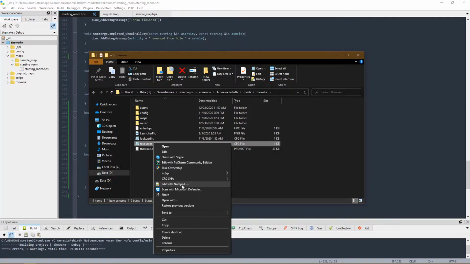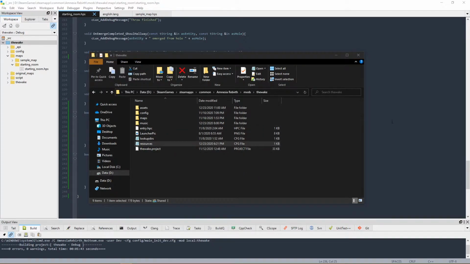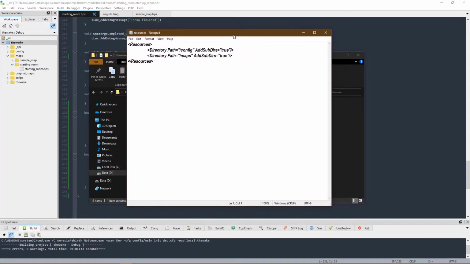Or if you have another editor like Notepad++, you could come in here and edit that as well. So I'm going to go ahead and just open it with Notepad. So this is what it looks like here. You could also probably open this in your editor over here as well, although we rarely have to really edit anything here, so I don't think it's really necessary to have it in